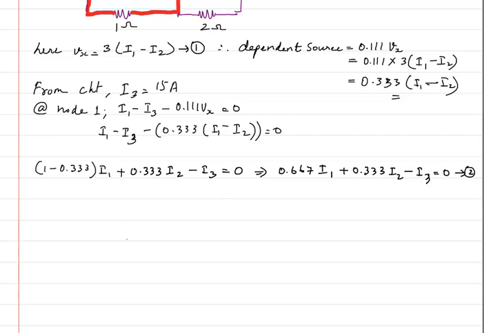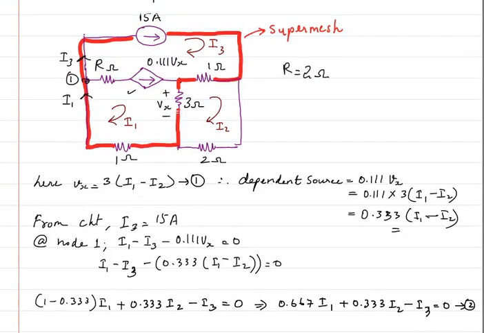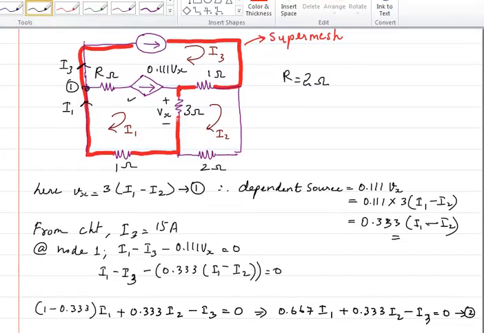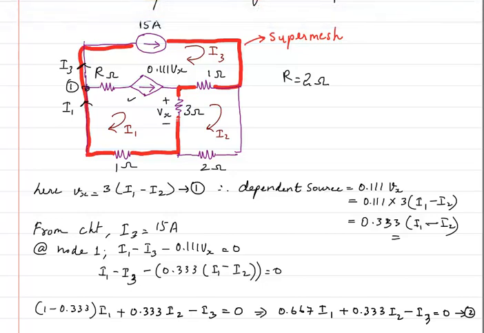Now the third part is just for the super mesh. Should I write the equation for the super mesh? That is what most of the students have as a question. Let me explain that. If I am going to write the super mesh equation here, I will be able to write a voltage here. I will be able to write a voltage here. It is already Vx. But what about the voltage here? I will not be able to write.